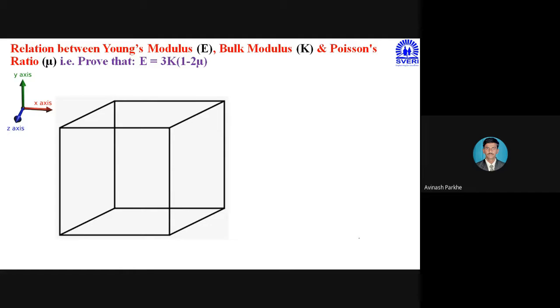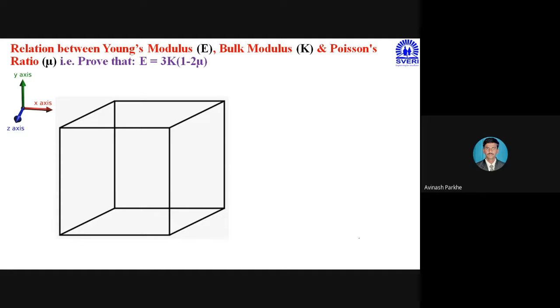So this is E. Young's modulus E is equal to stress upon strain. This is a common definition, but Young's modulus is equal to linear stress upon linear strain. Similarly, modulus of rigidity is equal to stress upon strain, which is equal to shear stress upon shear strain. And the third one is the bulk modulus, which is K. K is equal to stress upon strain, but volumetric stress upon volumetric strain is called the bulk modulus K.